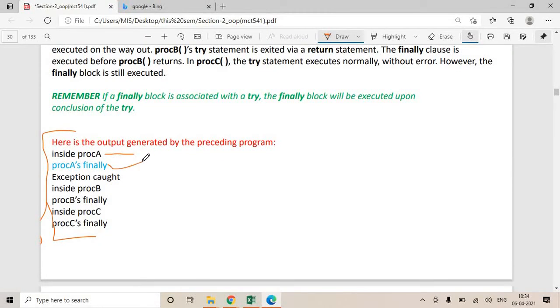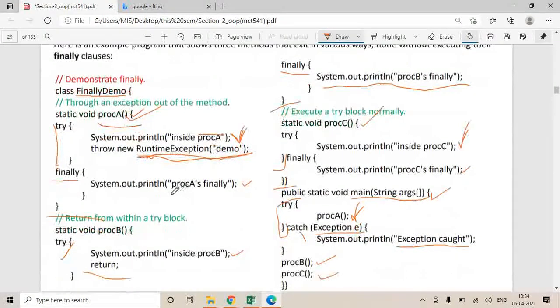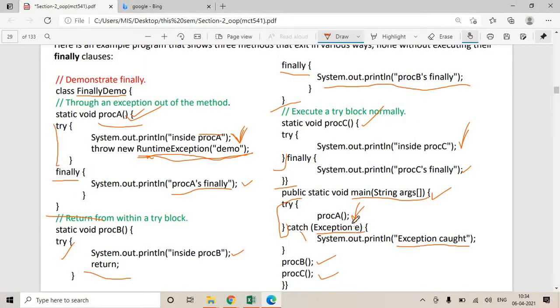So what it says, proc A is finally. Proc A is finally means execute this line. It means you have given a call to this proc A function. Proc A function gets called, control is inside here, you print inside proc A, and the exception is thrown from here. Now since the exception is thrown from here and you have not written any catch over here,